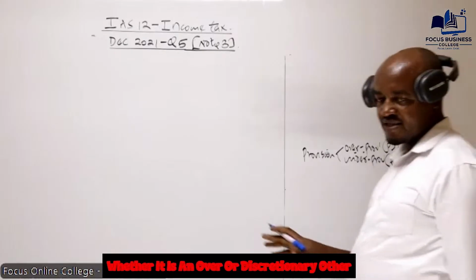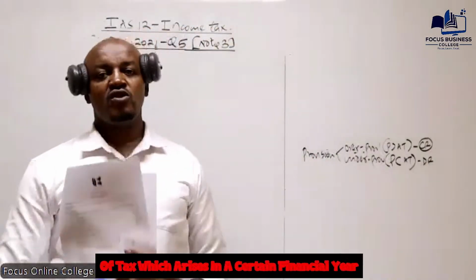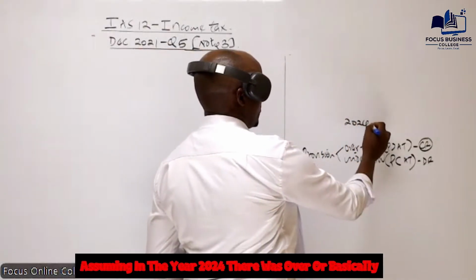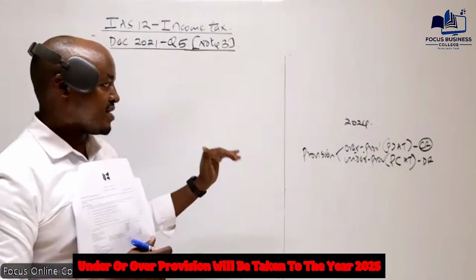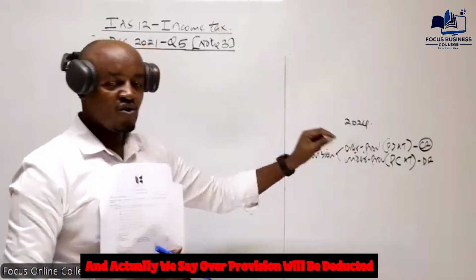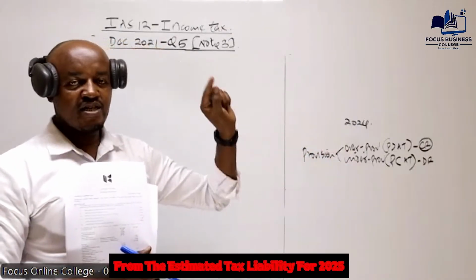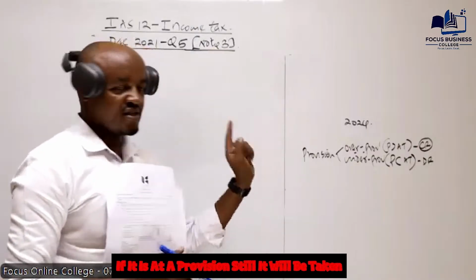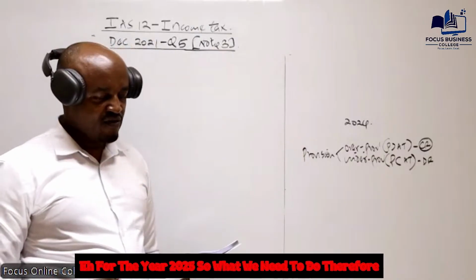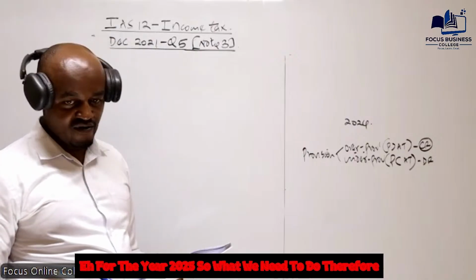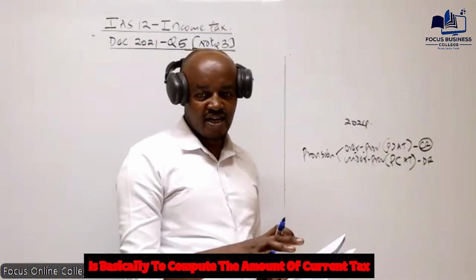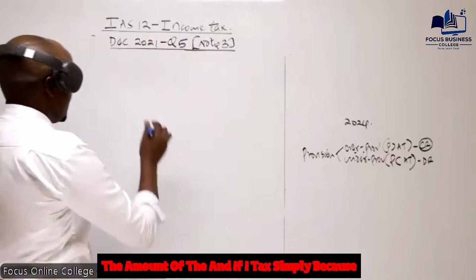We say that whether it is an over or under provision of tax which arises in a certain financial year, assuming in the year 2024 there was over or under provision, this over or under provision will be taken to the year 2025, and actually over provision will be deducted from the estimated tax liability for 2025. If it is under provision, still it will be taken to the year 2025. It will be added to the estimated tax liability for what? For the year 2025. So what we need to do therefore, as per the information we have in note number 3, is basically to compute the amount of current tax, the amount of the deferred tax,